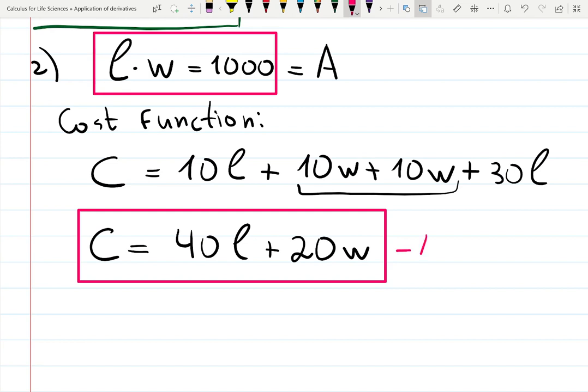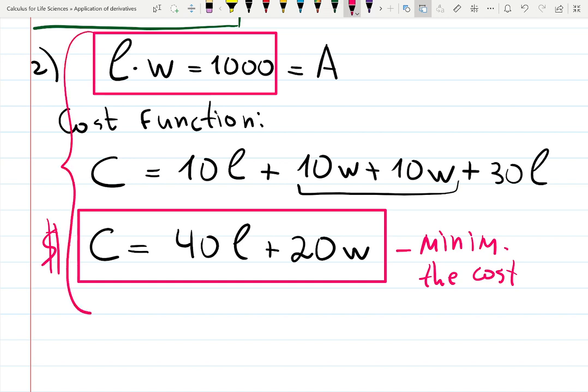C. Do you all agree? We're minimizing the cost function. The less this function is, the less money we spend. Because the units for this cost function are dollars. This is in dollars. While, so this is supposed to be a system,